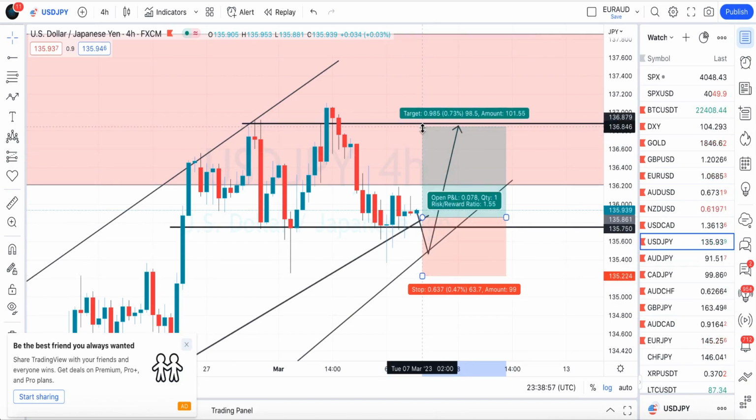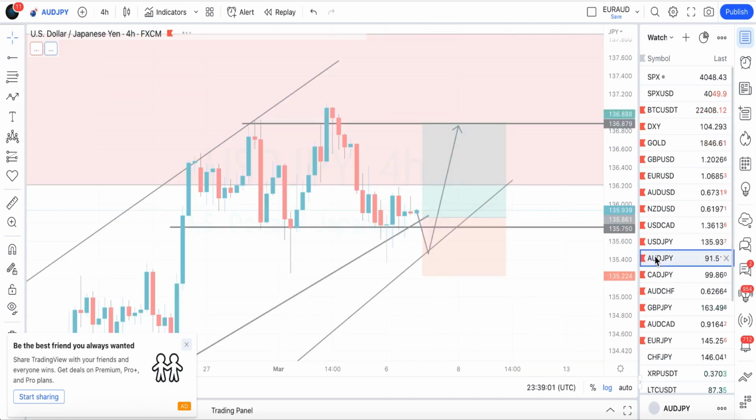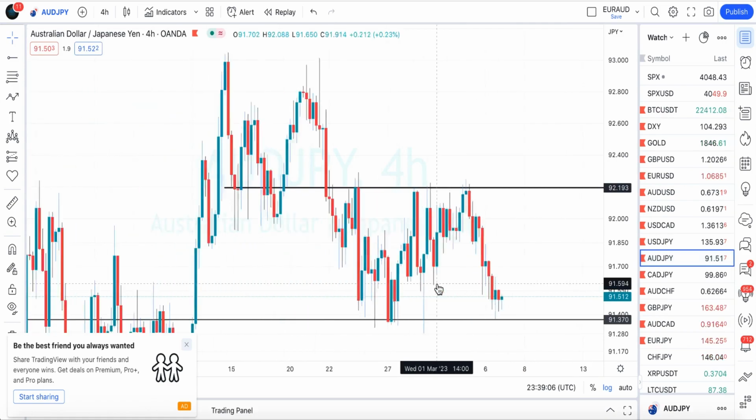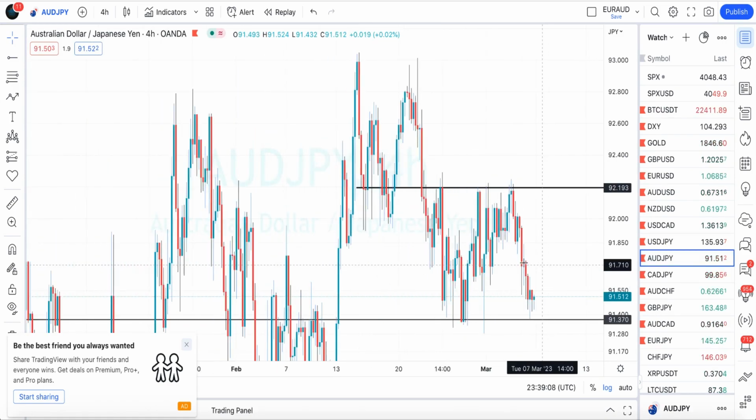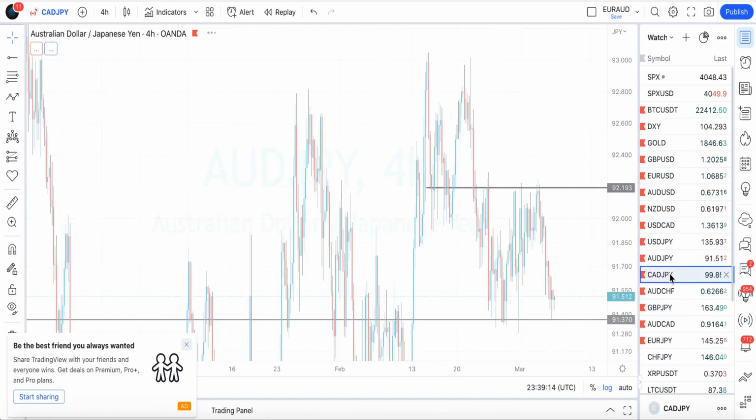So AUD JPY, according to the interest rate report, we might see anything can happen here. I'm not interested in AUD JPY for now. It's not clear enough. So the next one I'll be interested in